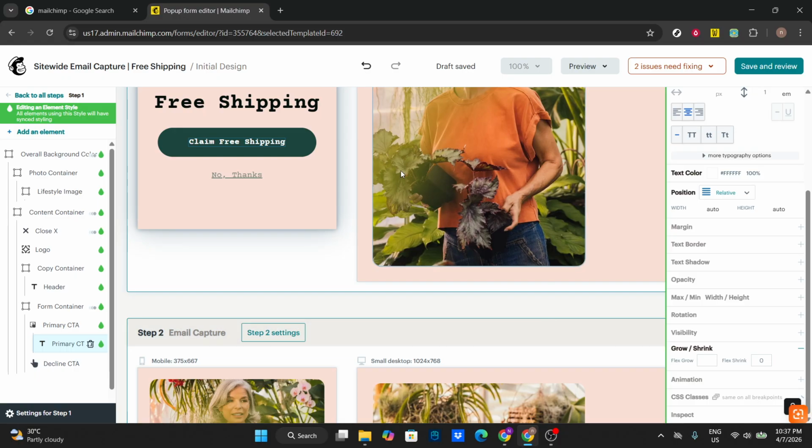When your copy, colors, button, and image feel right, click Preview to see how everything looks together. Check that the headline is readable, the button is prominent, and the layout feels balanced. If anything looks off, jump back and tweak. Finally, click Save to lock in your work. That's it. Your free shipping pop-up is ready, branded, and clear, so it can do its job of converting